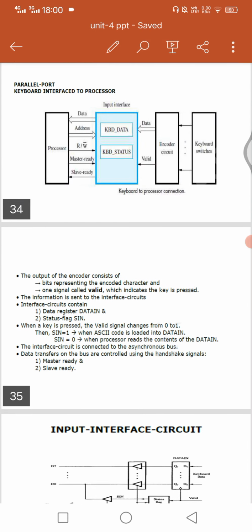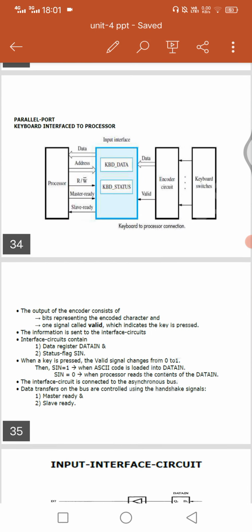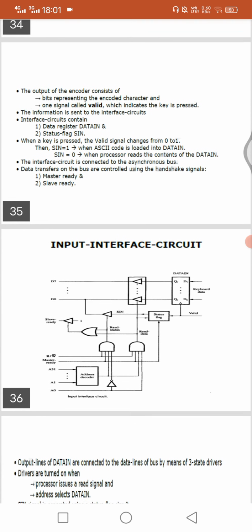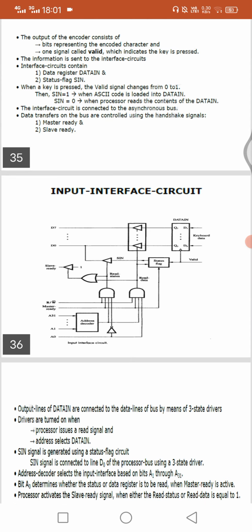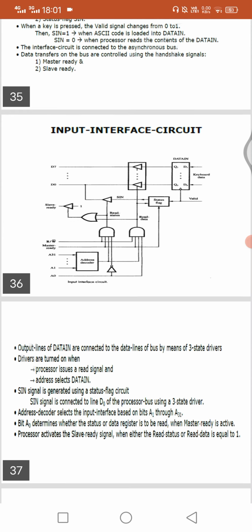This is the diagram for the keyboard to processor connection, and this is the diagram for the input interface circuit. This shows how we send data with the help of input devices and create a connection between a computer and a keyboard, which is the input device.